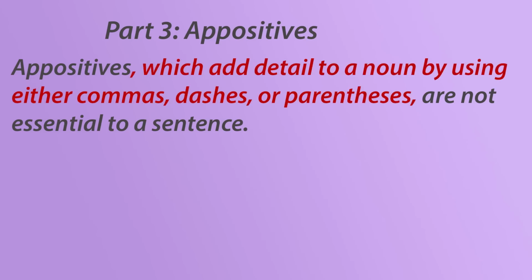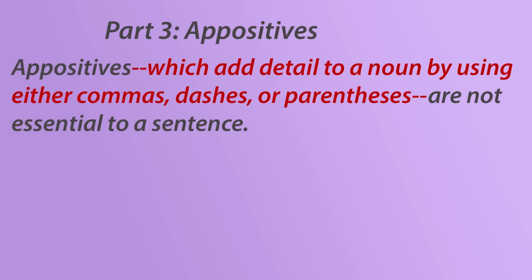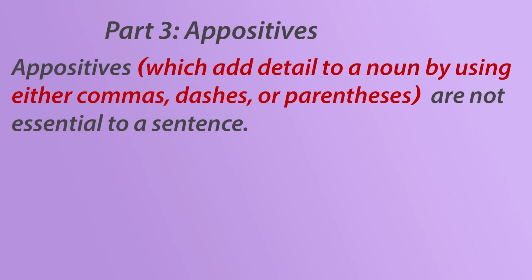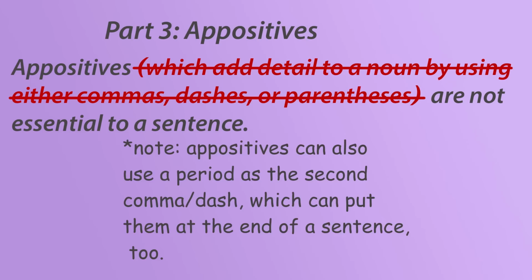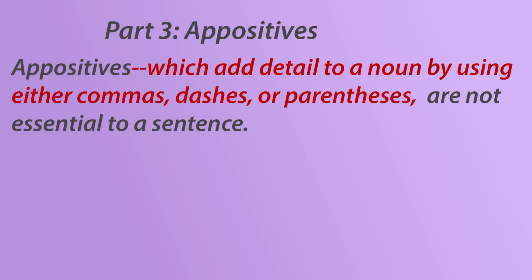Also know that this is called an appositive. Actually, you don't have to know the name. Just know that if there's a thing surrounded by commas or dashes that's giving a little bit of extra detail, it can be taken out of the sentence and still be grammatically correct. This is important because when you're considering which verb a thing is affecting, don't consider the appositive. Also, the two punctuations it's surrounded by have to match each other.